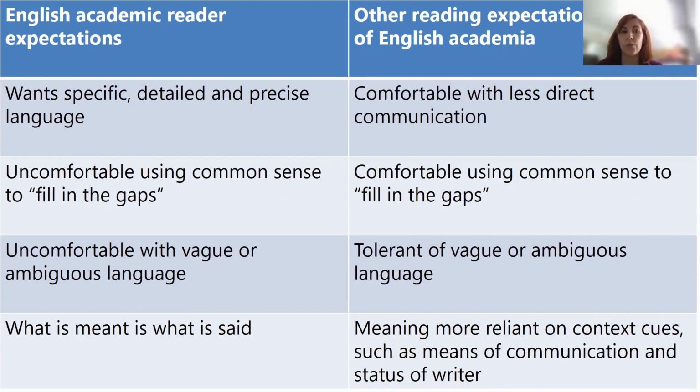That is often a good way for students to really understand why they have to be explicit, and why we as learning advisors, or their supervisors, keep telling them to be more upfront about their argument, because that's what the expectation is